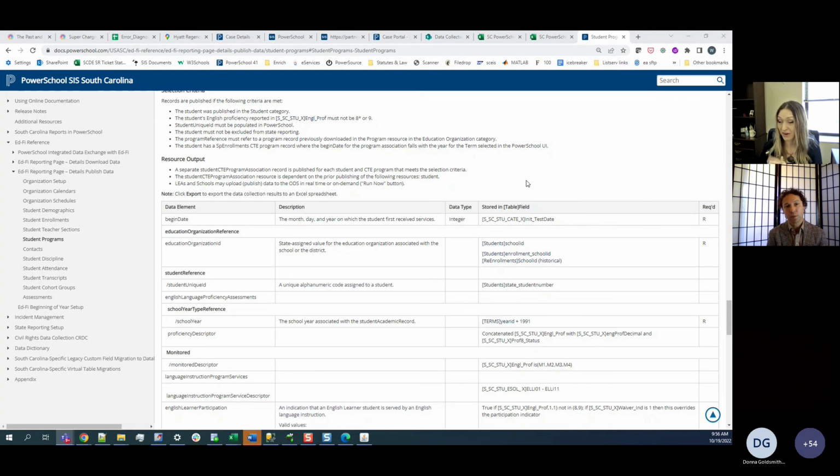If you don't see it there, and we didn't mention it as something that has an upcoming fix, probably a PowerSchool ticket would be the way to go. But in the future, we'll have more. It won't always just be a PowerSchool ticket, but right now it might not be a bad idea. And you just let us know, and then we can either escalate it or we can tell you what that is.